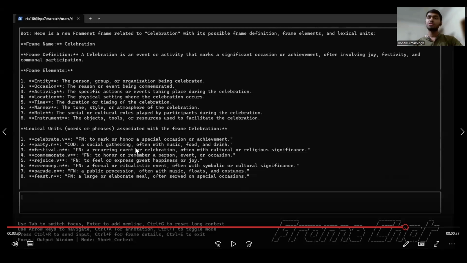So I have also incorporated a unique feature which will be useful to many students and researchers around the globe, which is toggling between short context mode and long context mode. Currently, all this conversation is occurring in short context mode, which means that the model only has the memory of the current given input, not of any previous inputs. But if we toggle that to long context, it will have the context of the previous two conversation messages also. So let us try that.